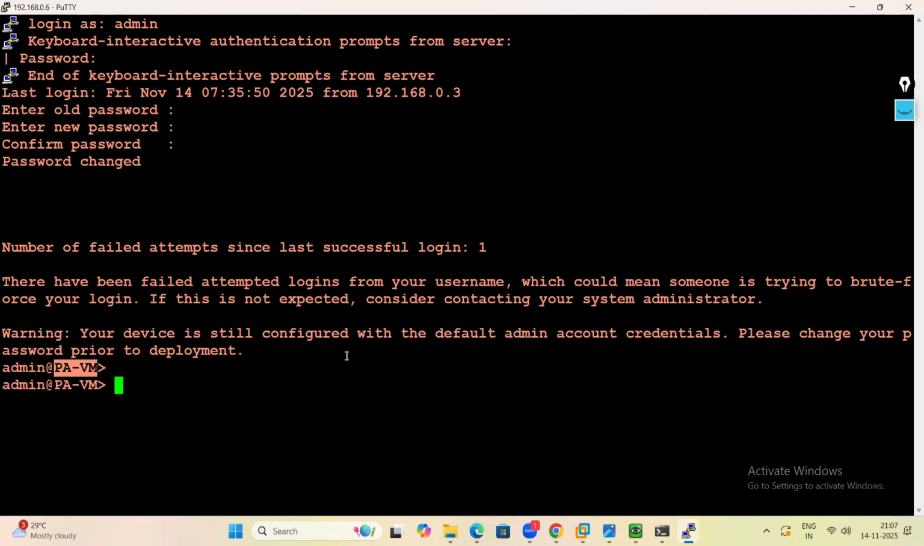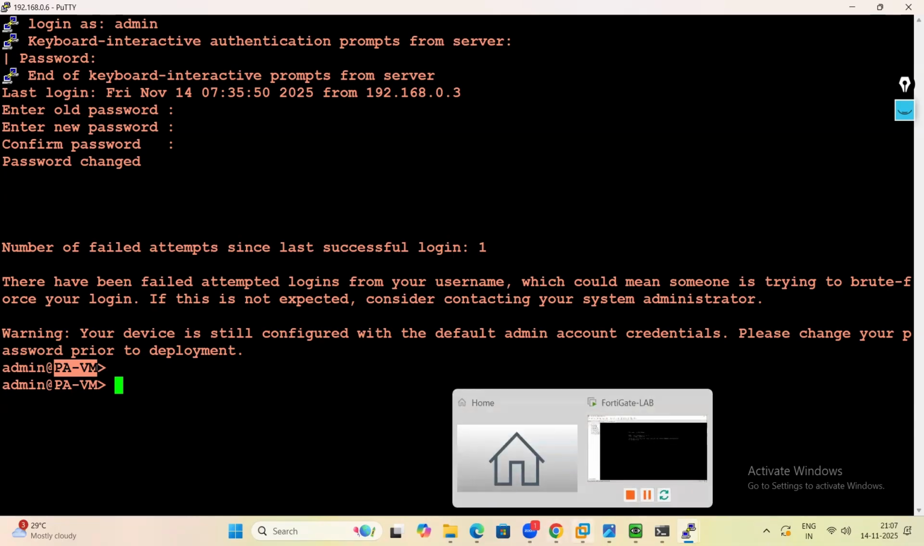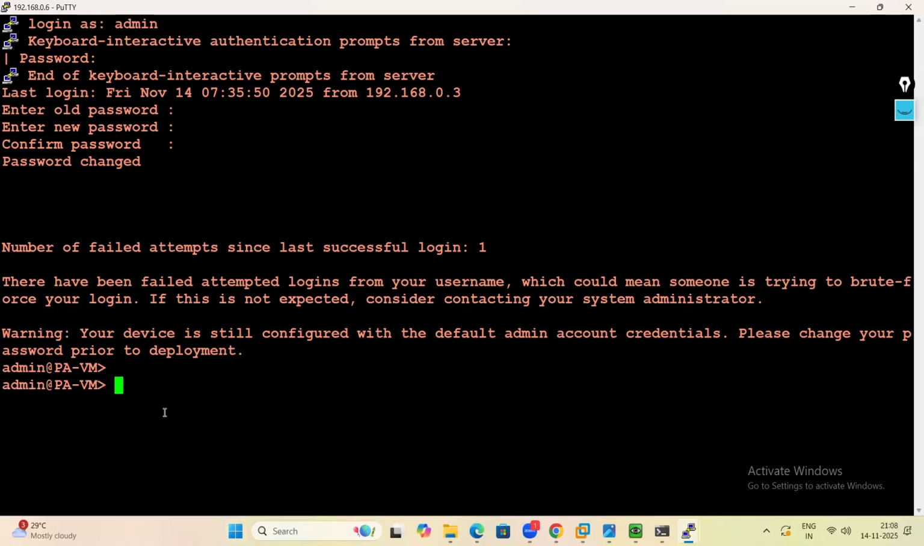Before exploring the GUI, which is very easy to understand when you see it, right? Now I'm going to give you the introduction to the Palo Alto CLI console. Okay. If you are familiar with Cisco or Juniper products, you already have some knowledge of this CLI access. In Cisco,